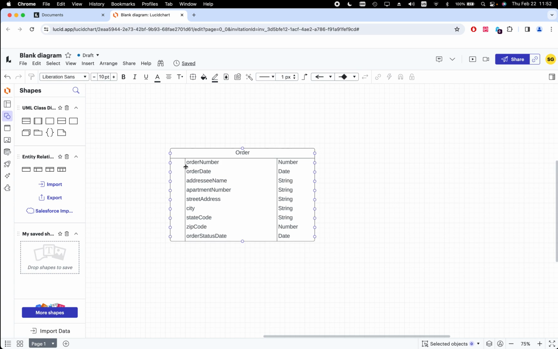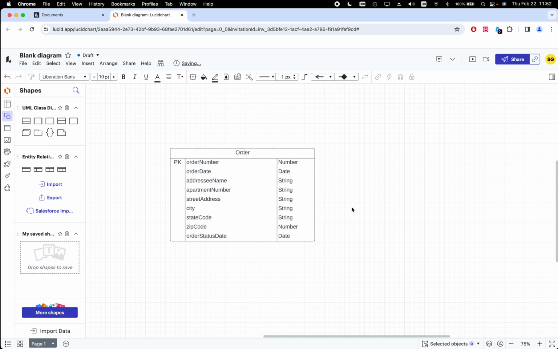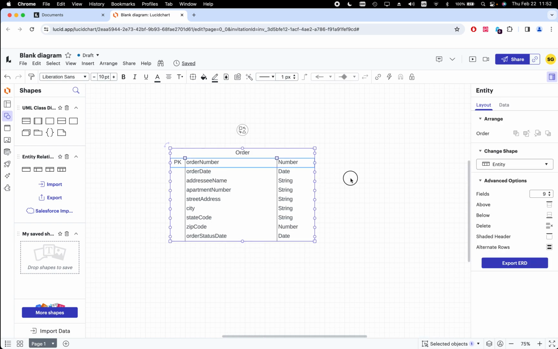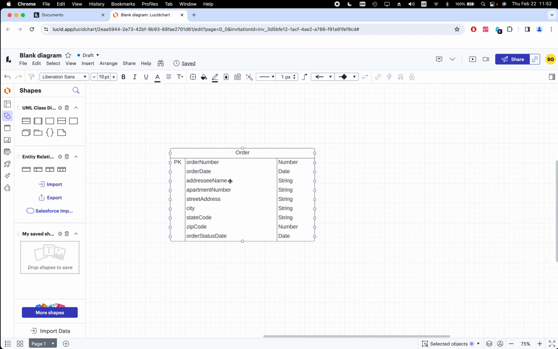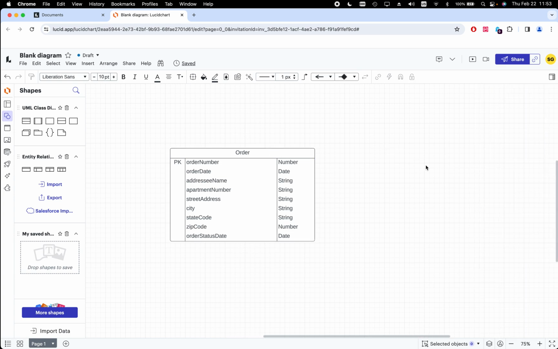So if I call that the primary key, you denote that by saying it's a PK. PK means primary key. Okay. So that one is my primary key. I'm saying that the order number is my primary key. Now in the second normal form, you're going to the next step of normalizing the